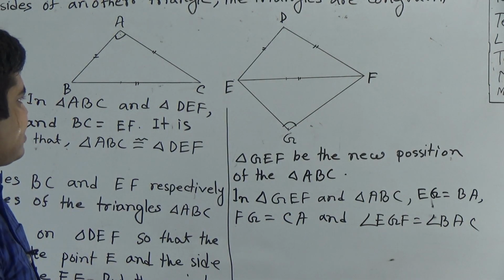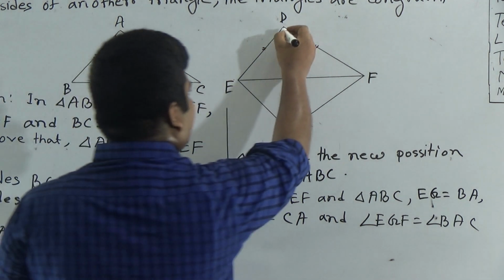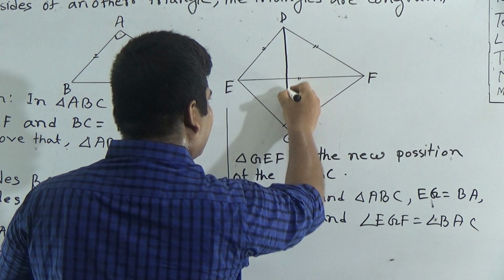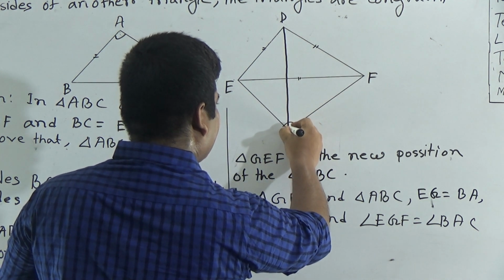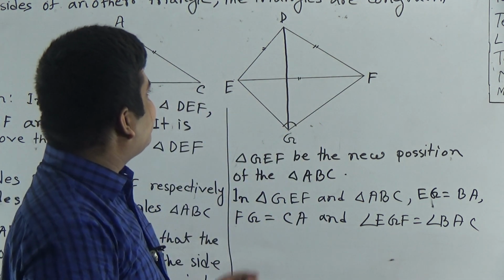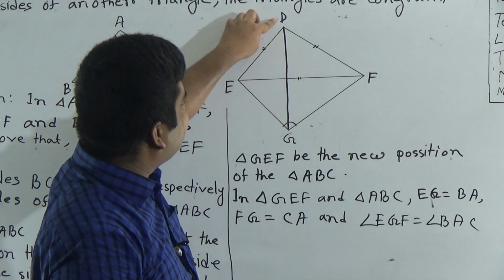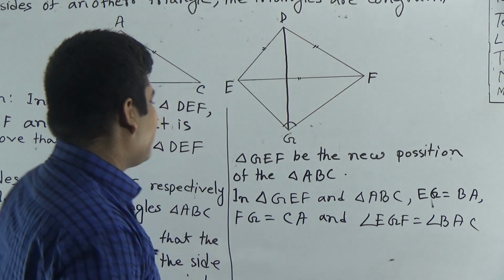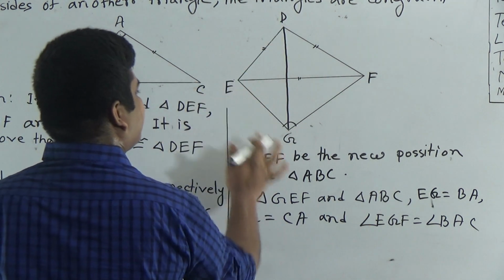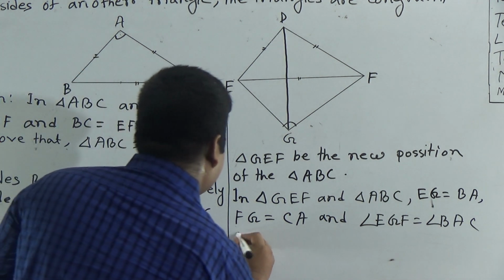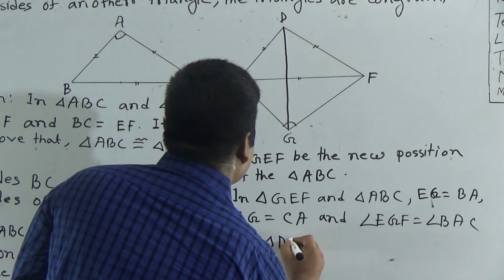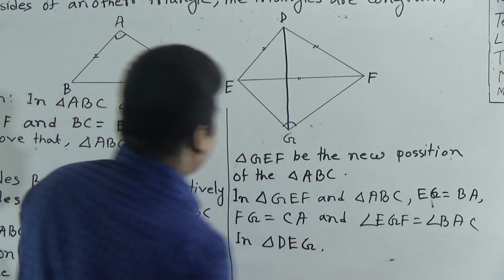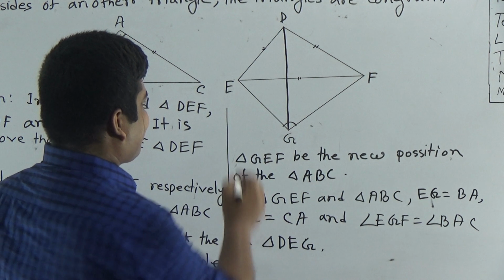Now my dear students, we draw. That means we add the point D and G. As a result, this divides into two triangles. These are triangle DEG and triangle DFG. Now we consider DEG first. In triangle DEG, notice in triangle DEG,